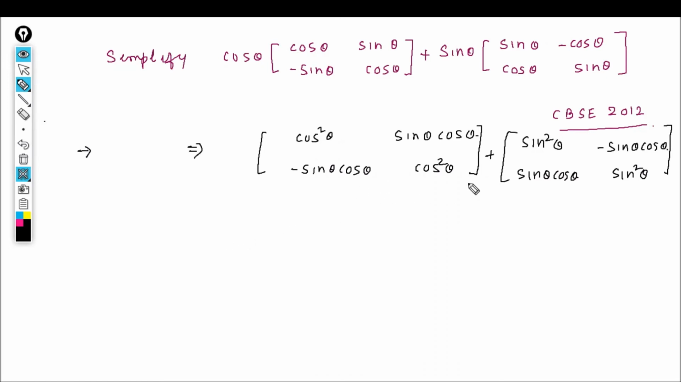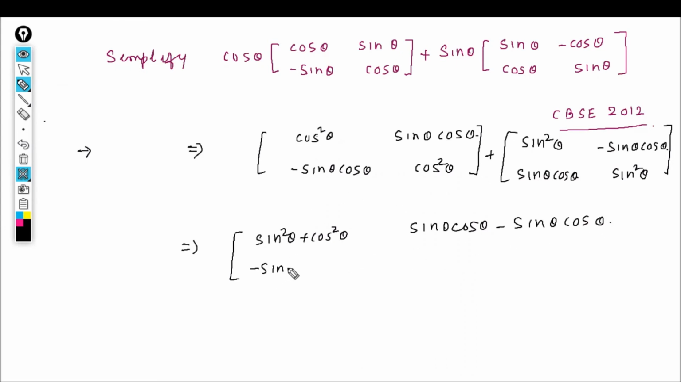Now these are two matrices of the same order, 2 by 2, 2 by 2. We can add these two matrices. This implies adding corresponding elements. It is sin square theta plus cos square theta. इसका एडिशन हो जाएगा बच्चों. sin theta cos theta minus sin theta cos theta. यहाँ पे minus sin theta cos theta plus sin theta cos theta. और ये दोनों का एडिशन हो जाएगा फिर साइन स्क्वायर थीटा प्लस कॉस स्क्वायर।